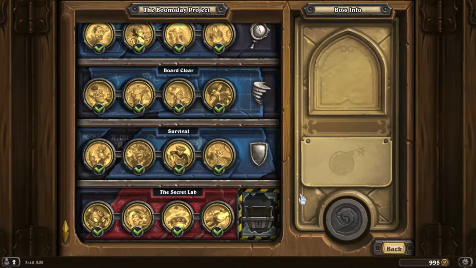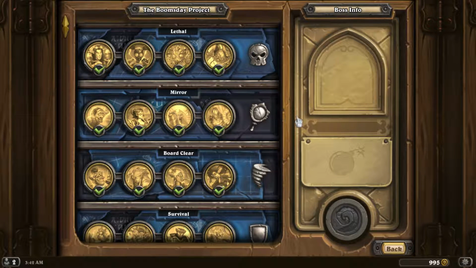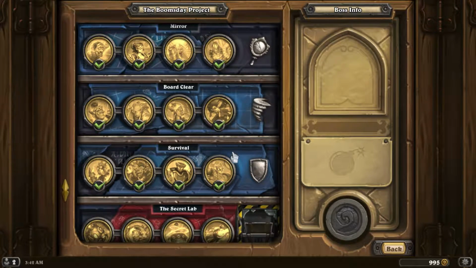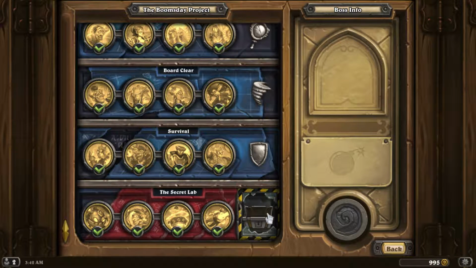I'd like to take a moment to just share my general thoughts of the puzzles in general. For the most part, I found lethal puzzles were the most difficult on average, but it's not really difficult to get up to the 4th tier on any of the puzzles. As you can see, I have now done everything and earned the card back, which is a pretty pathetic reward,